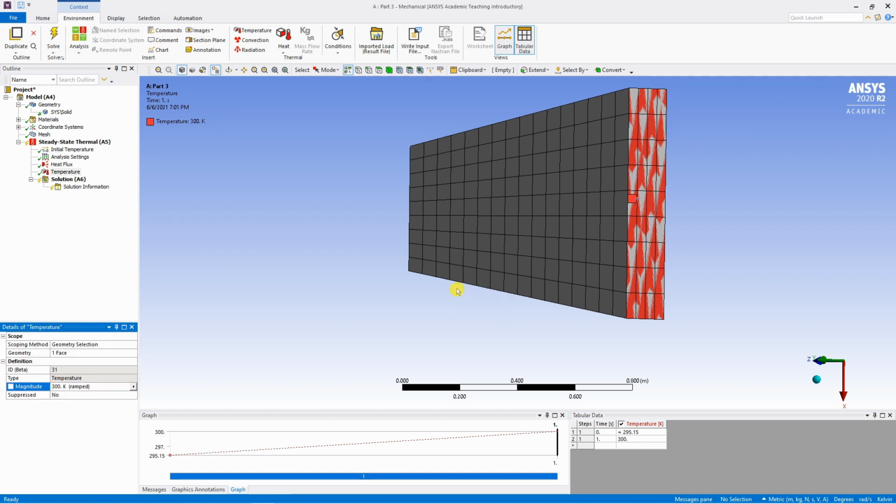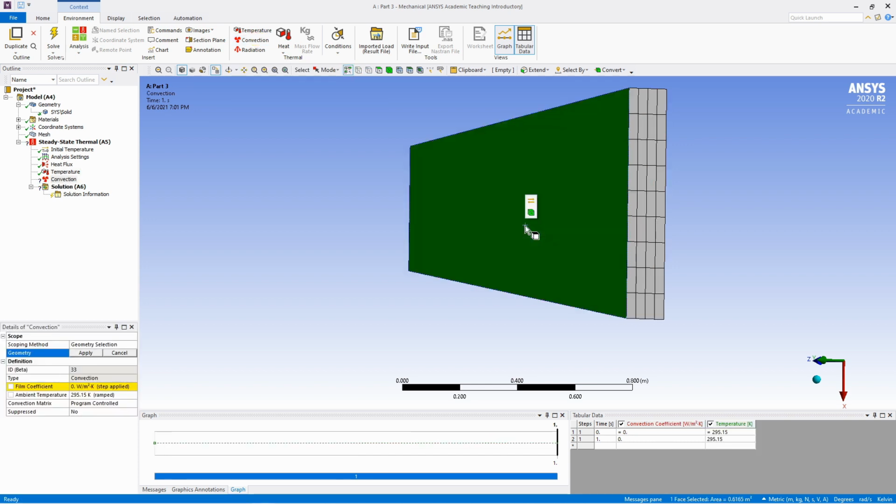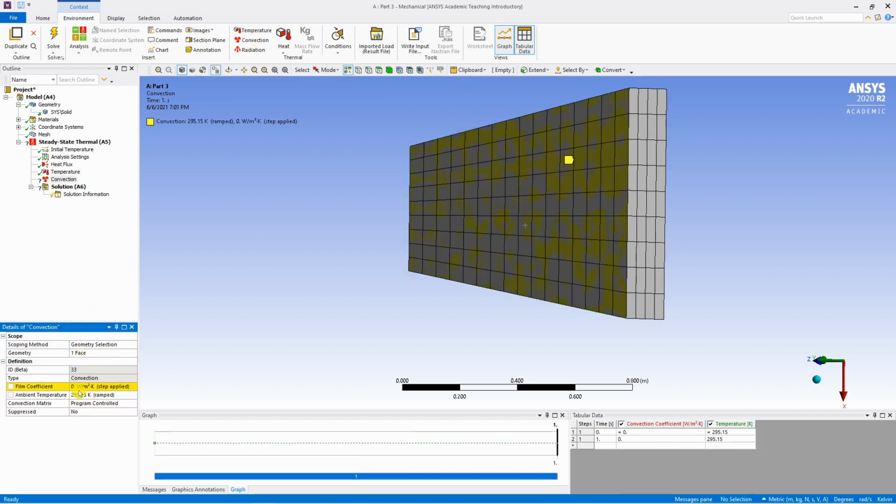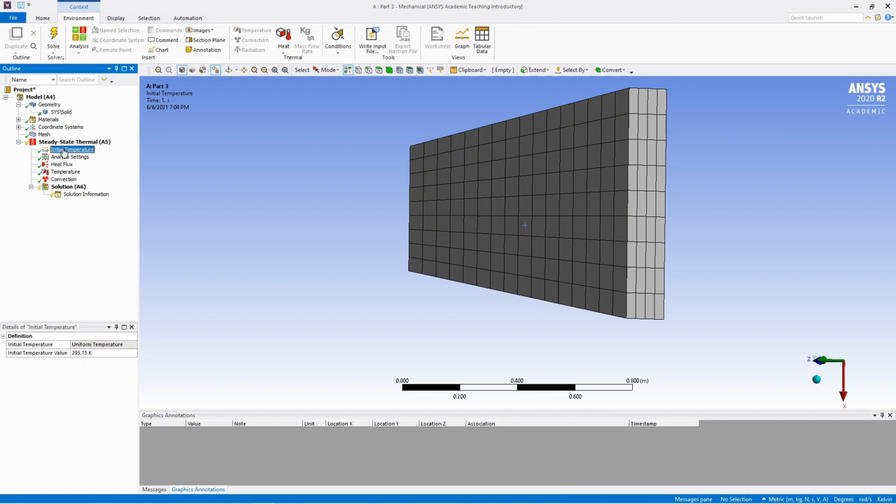And finally, convection boundary condition. For that, select this convection, select this surface, say apply, and then you have to enter the value of film coefficient over here. In our case, it is 500. And also you can change this ambient temperature. In our case, we want it to be 298. Okay, all the boundary conditions are done. Then click on this initial temperature and change this to 0.